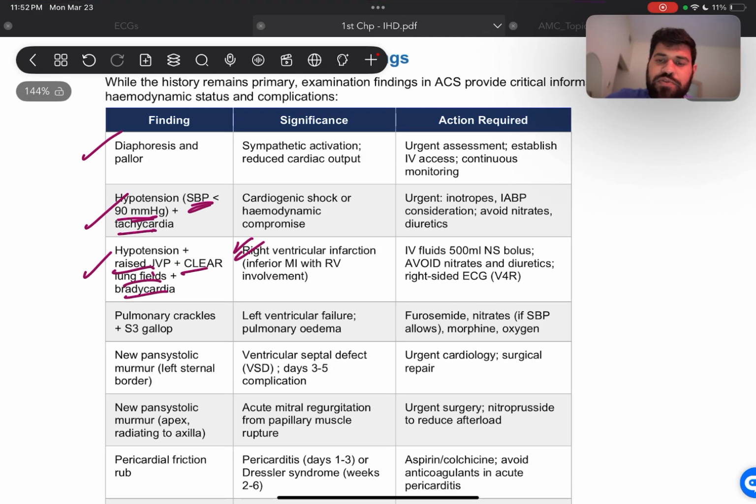Then we have actions required. We'll come to those in more detail later in the chapter. All right. But give this a read as well, because it's very important for you to understand what type of heart failure it is, or MI it is, and if you know what type of MI it is, you would know what type of drugs to give, because in right ventricular MI we don't ever give nitrates, because right ventricular MI is always going to be dependent on preload. So if you give them nitrates, that's going to decrease the preload even more, and this is going to worsen the patient's condition, and could mean that the patient is going to die, or it's going to require longer hospital stay, a bigger bill, and a lot of other complications can occur. So just keep that in mind, it's very important.